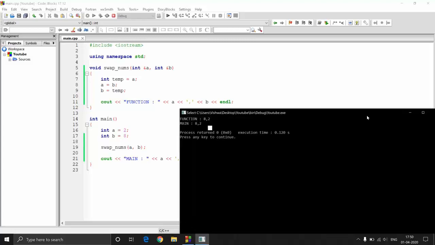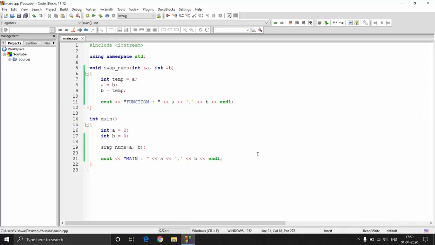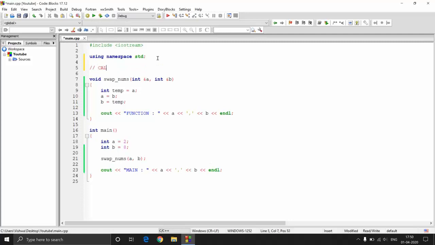So this is why we need different methods to call functions, and basically there are only two methods to call functions. One which we do always, that is simply passing the values, and then the other one is by passing the address. So those are the two methods to call functions, and they are actually named in that way only. So one is call by value, in which you just call using the normal method, that is you just pass in the values over here, and then the values get copied, and then you get all the output which you required.